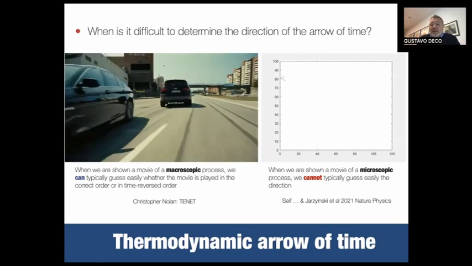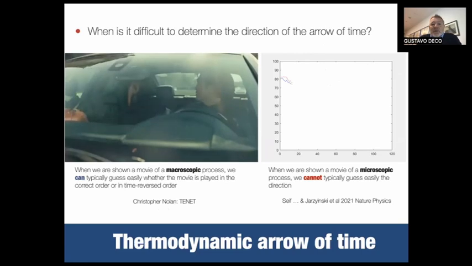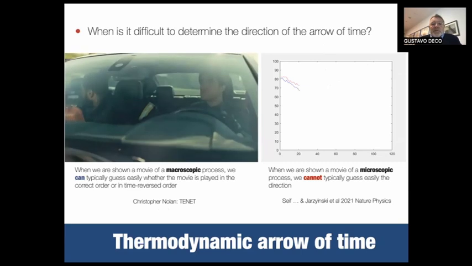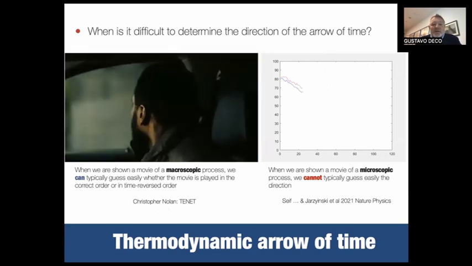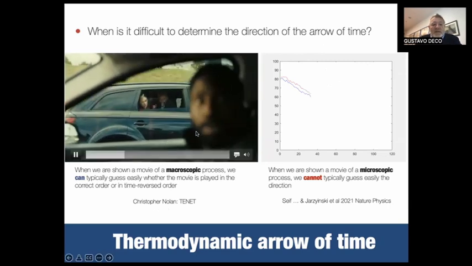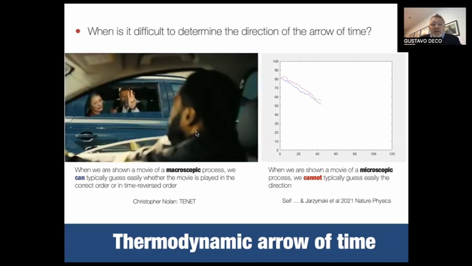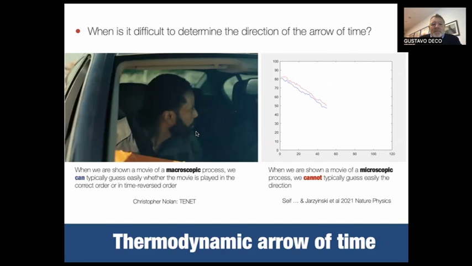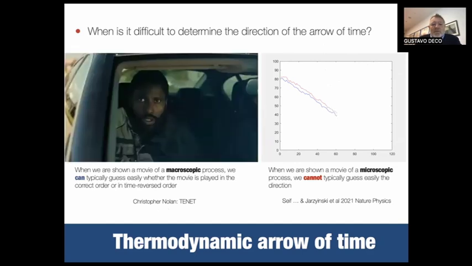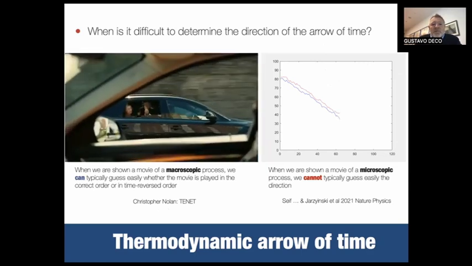So we will use these conceptual ideas just to give you a more concrete flavor about the concept of the arrow of time. I am showing here a piece of this movie from Christopher Nolan called Tenet, where you see very easily, in this macroscopic case, that there are some people in this movie who are moving forward in time and some people moving backward in time. So it's very easy and intuitive to know who is who.